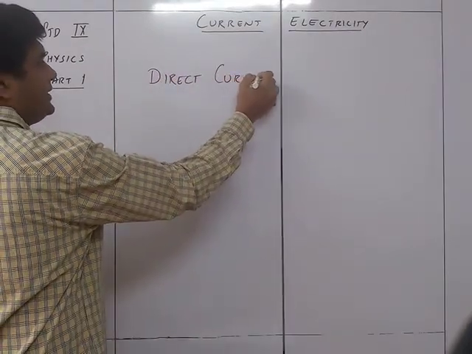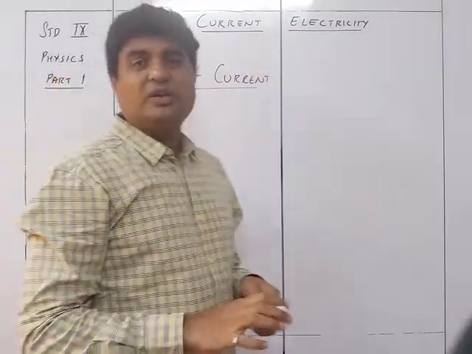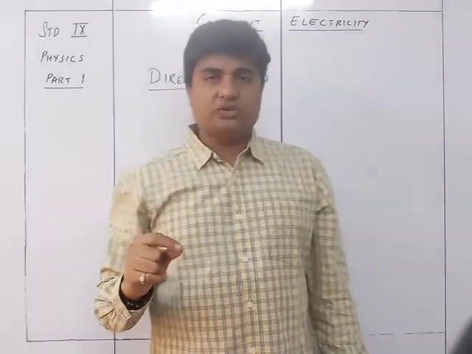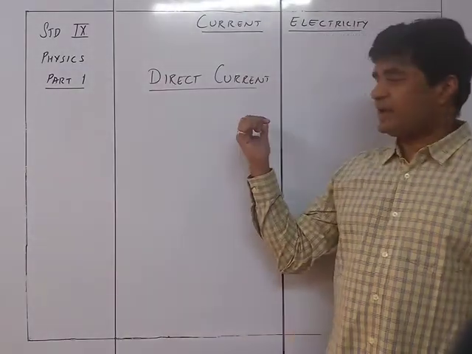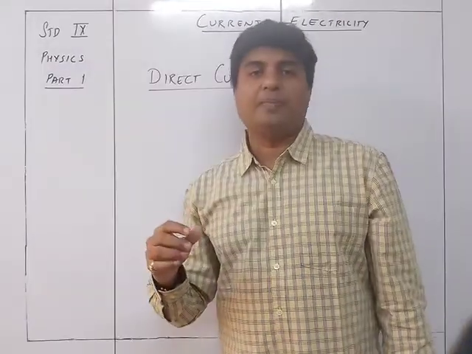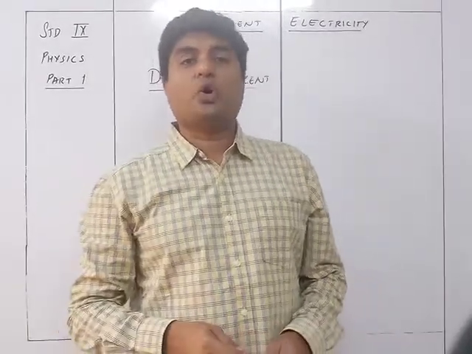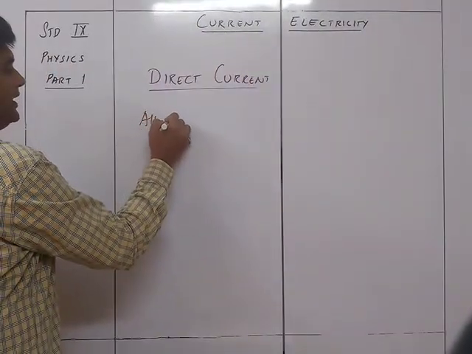Okay, it gives you a direct current which will have a constant value or constant magnitude of the voltage and current. So voltage supplied by a battery will be a direct current, whereas the one which is supplied by the source, the plug point that we have, that is called as alternating current. So it is alternating